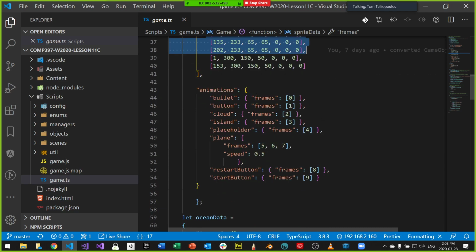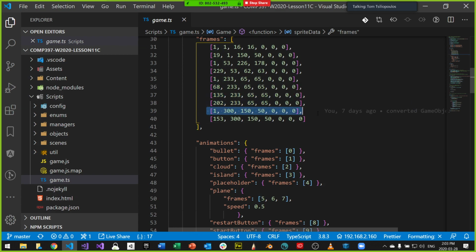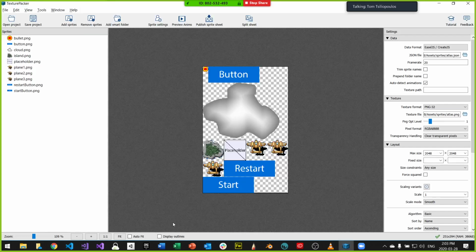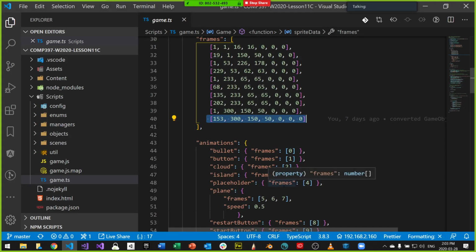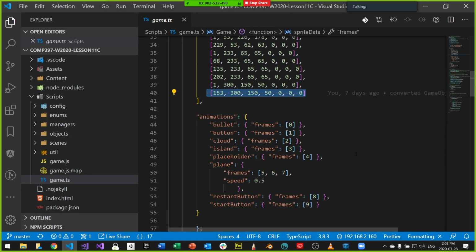And then followed up by 2 buttons, the restart button and the start button. And this is just where they are on the sprite sheet. So again, going back to Texture Packer, this will be your sprite sheet, and the objects are positioned in the sprite sheet at certain places, and all you have to do is look them up in that sprite sheet and load the different textures from it. And that's why sprite sheets are also called texture maps. That's what they are. All right, so that's our texture atlas more than anything else.